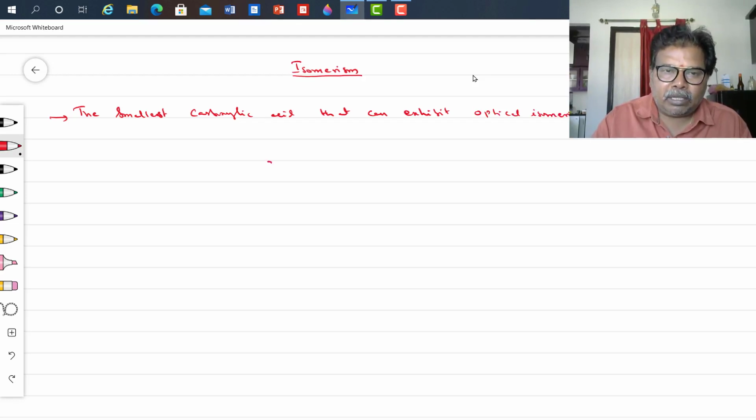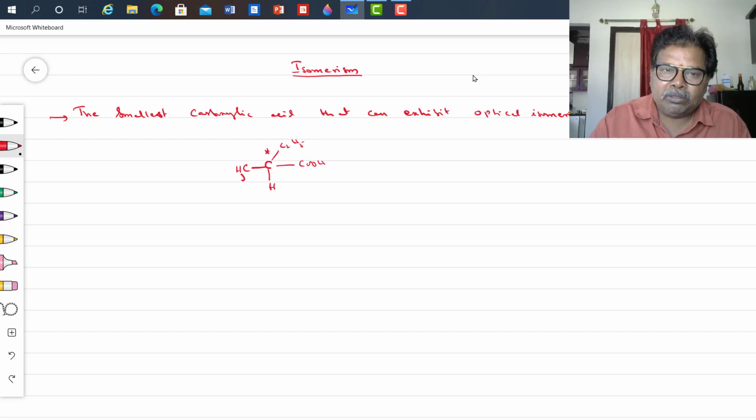See here, take one carbon atom which is an asymmetric carbon and the COOH group is attached. We require the lowest number of carbon atoms. So put one hydrogen here, one methyl group here and one ethyl group here. So this is the smallest carboxylic acid which can exhibit